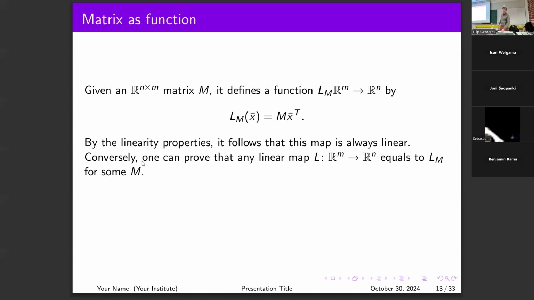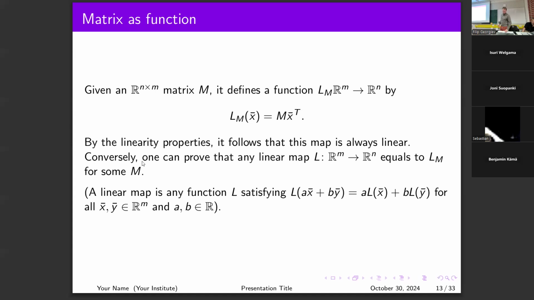And conversely, any linear function between any Euclidean spaces can always be represented by a matrix. That's a little bit less obvious maybe. So linear functions are defined like this, that they satisfy precisely those distributivity laws. And the beautiful thing about linear algebra is that in finite dimensional spaces, they 100%